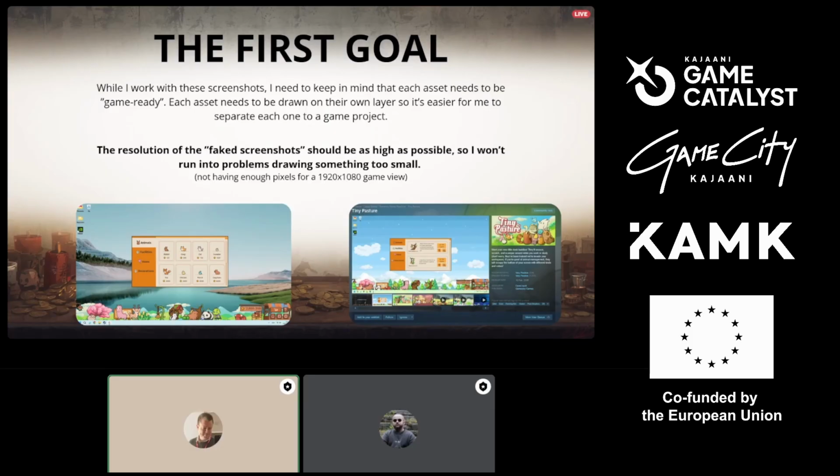Full HD, as an example, won't be enough when I draw the assets. So I need to set up some 4K resolution for my iPad and start drawing for that, because I don't want to make the mistake of drawing something so small that it cannot be used in some larger situation, as an example, in the game engine. So just something for me to bear in mind.